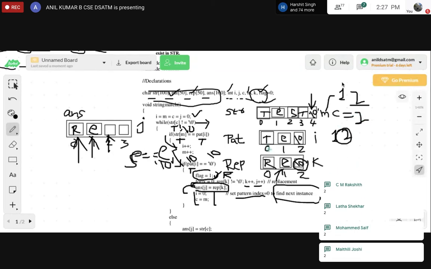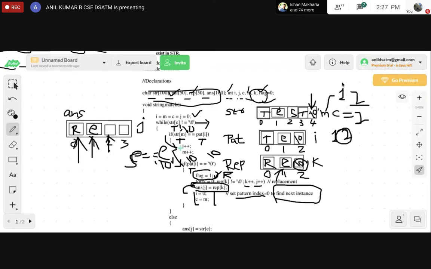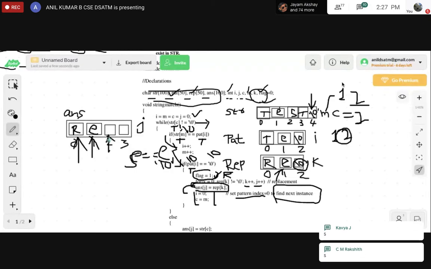Okay. So now check here again. STR of M. What is STR of M now? Yes, S. Is it equal to, now you should tell, pattern of what index I?